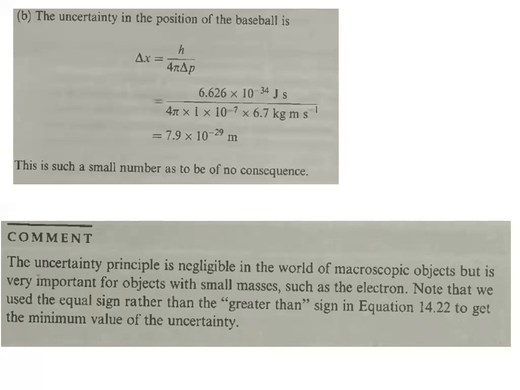So this principle is for microscopic objects like the traveling of the electron, and this is not for macroscopic objects, because in a macroscopic object the uncertainty will be negligible. Clear? This is all about the